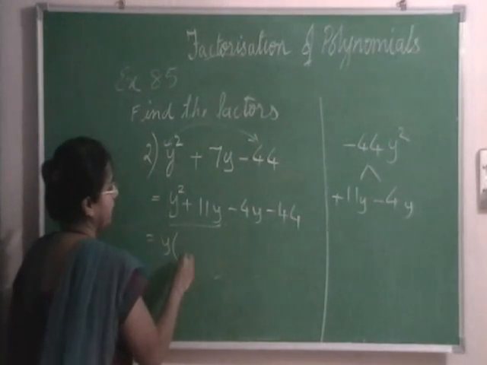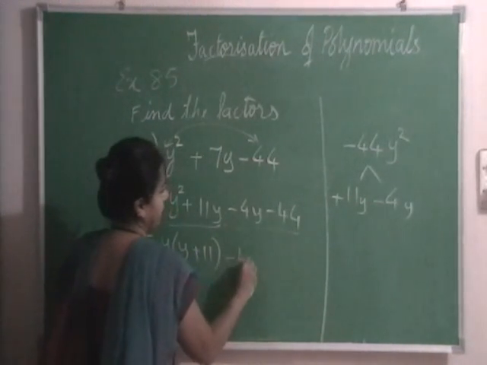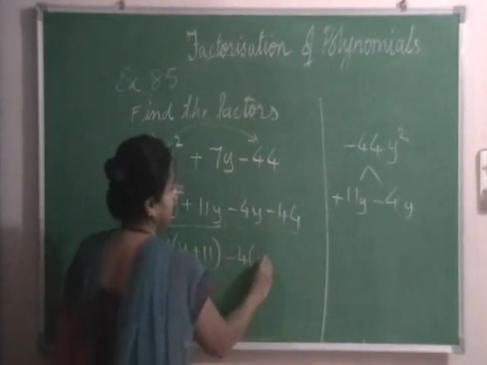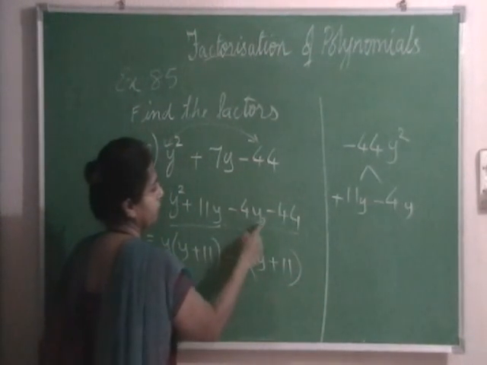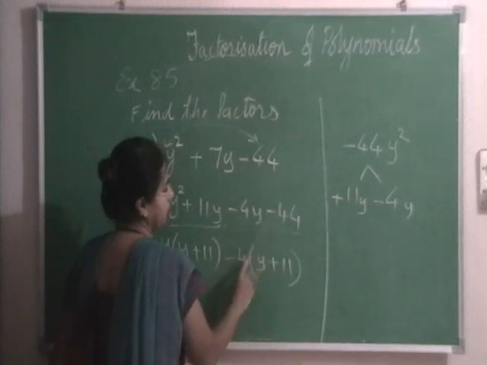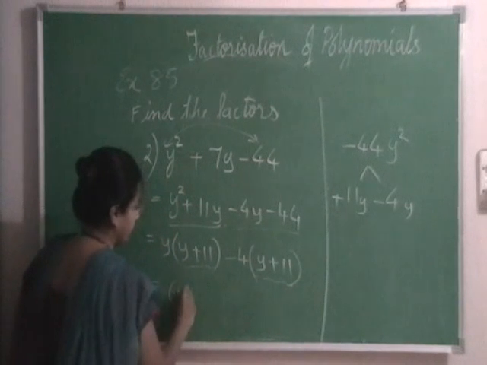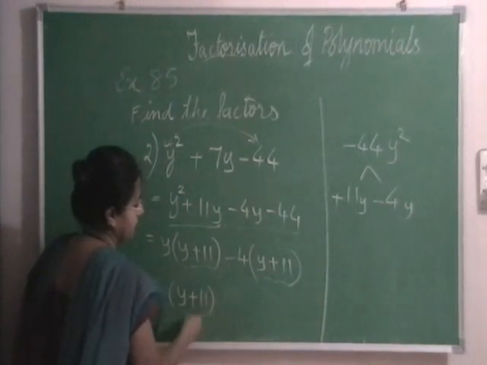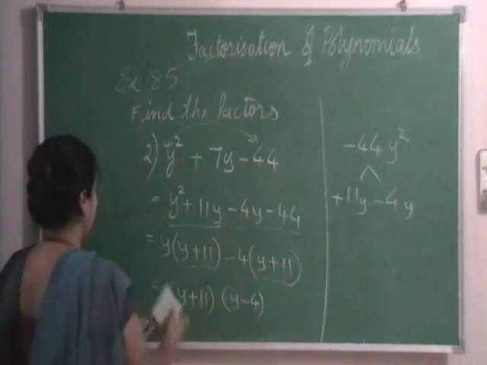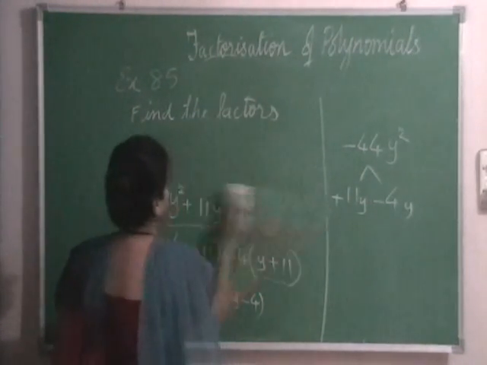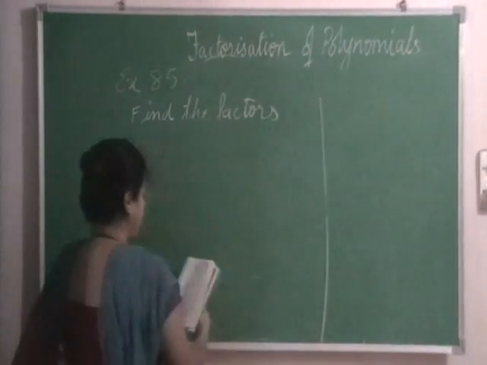Common, take y. Inside it will be y plus 11. Here you take common as minus 4 and inside will be y plus 11. Check. Minus 4 into y, minus 4y, minus into plus minus, 4 11s are 44. Your brackets are exactly the same. One bracket is y plus 11, other bracket is y minus 4. So this is sum number 2. Take sum number 3. Sum number 3 says